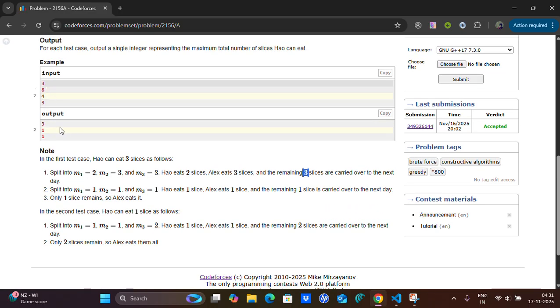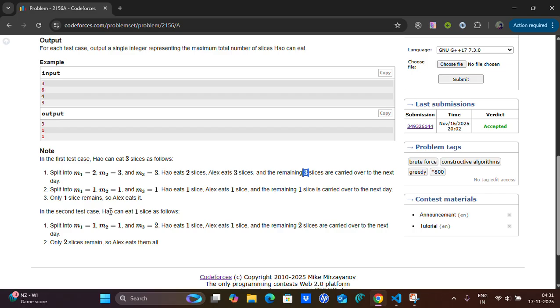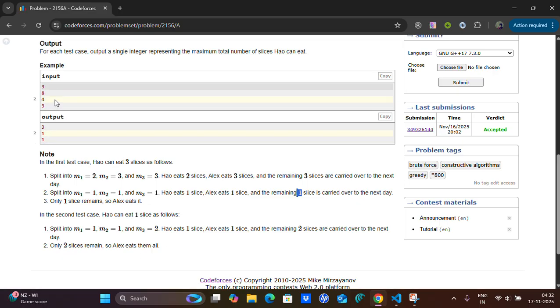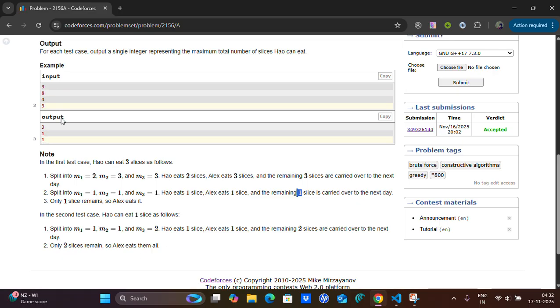Similarly, when n is 4, then I can split m1 equal to 1, m2 equal to 1 and m3 equal to 1. If we do this, then Howard eats a single slice, Alex eats a slice, and the remaining slice 1 is carried over to the next day. But you might be thinking over here that m1 plus m2 plus m3 is 3, but here in the example test case, in the second test case,